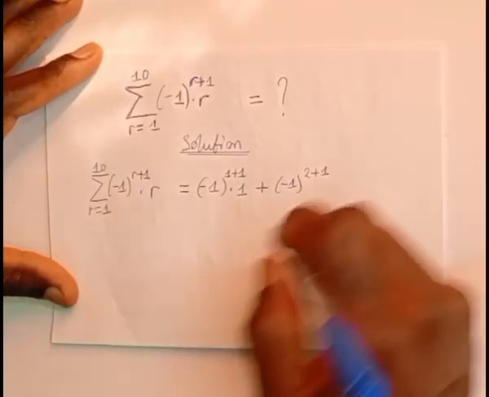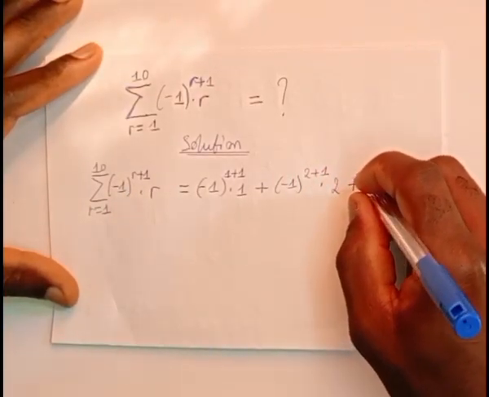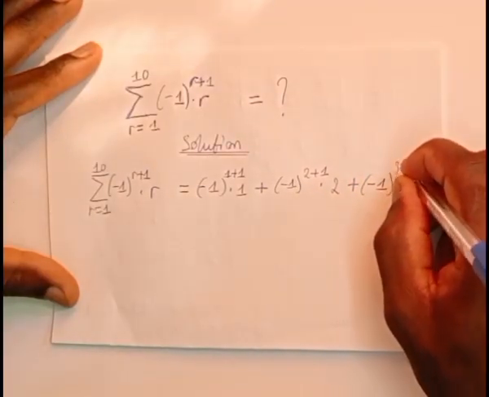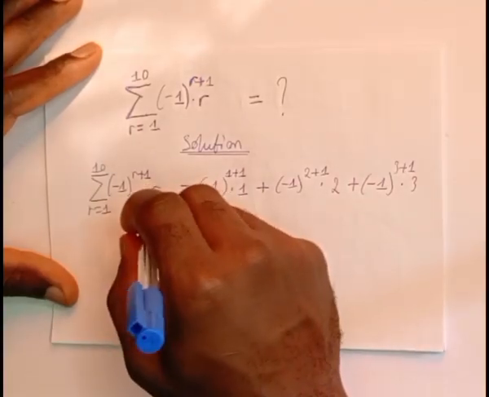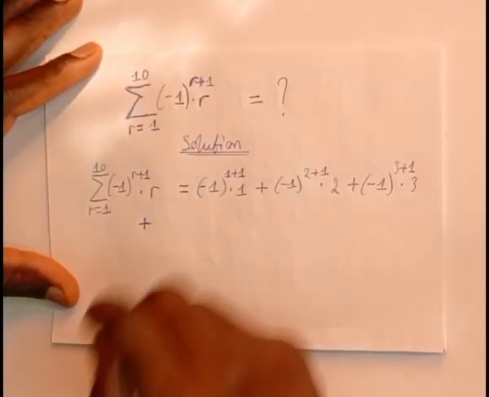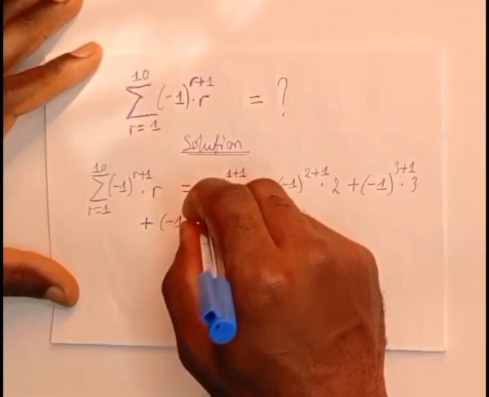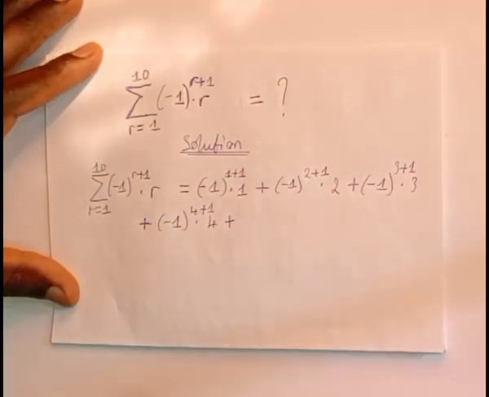Replace r with 2 times 2 plus the third term, negative 1 raised to the power 3 plus 1 times 3 plus r equal to 4, negative 1 raised to the power 4 plus 1 times 4 plus,